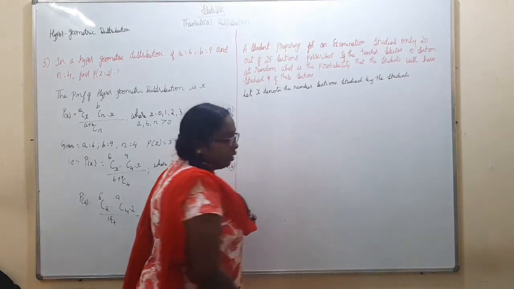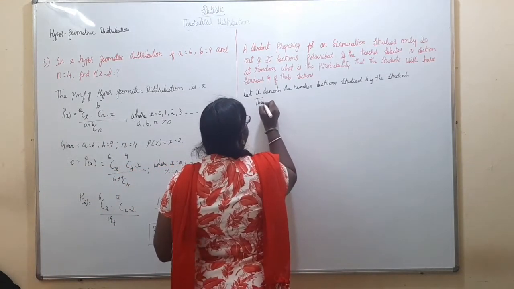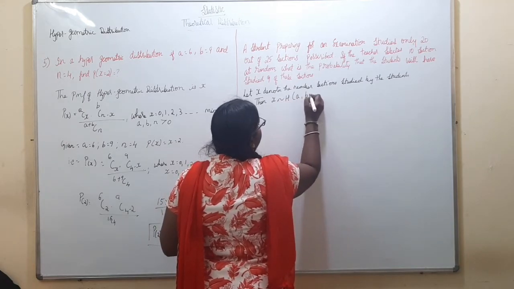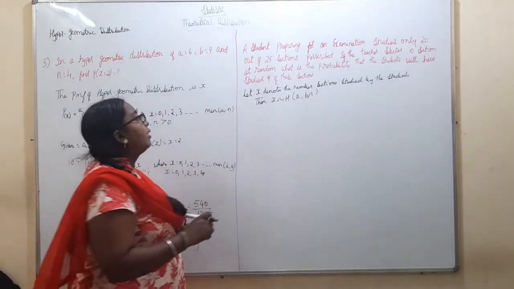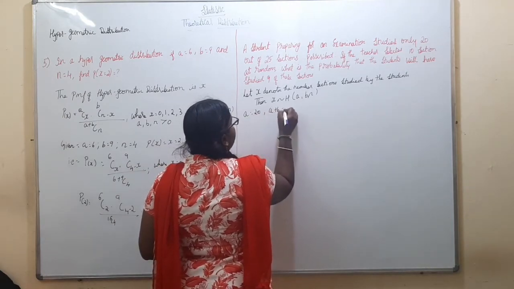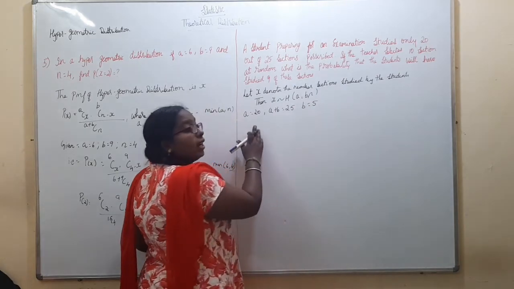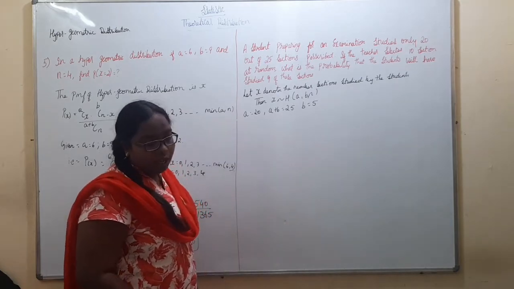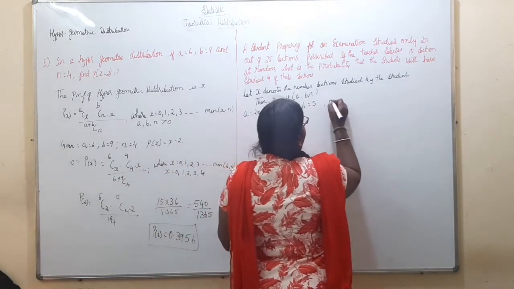By the students. Okay. Next, my probability: X follows a hypergeometric distribution, that is, A, B, N. What is A here? A is 20, then A plus B is 25, so B is 5. 25 minus 20, I will get my B. A plus B minus A, I will get my B. And what is N, the number being selected? That is 10. N is 10.